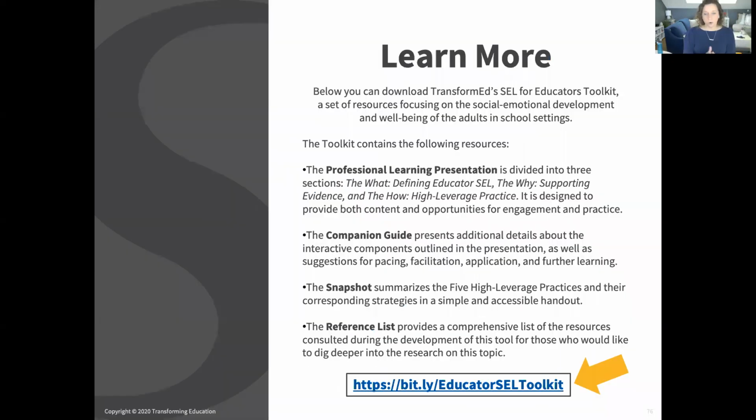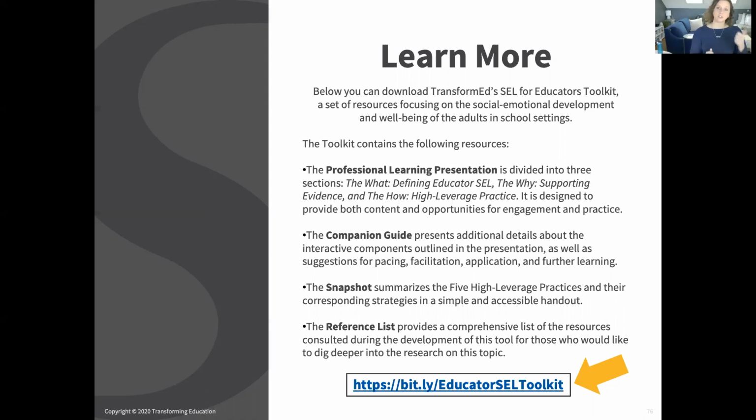If you want to learn more, which we hope you do, please go to this link to check out the toolkit in its entirety. In that toolkit, you will find the entire professional learning presentation, which has all of these slides and then much more from all of the other modules. You will also find a companion guide, which gives specific activities to engage with these practices and really start to build up the skill sets either independently or in community with others.